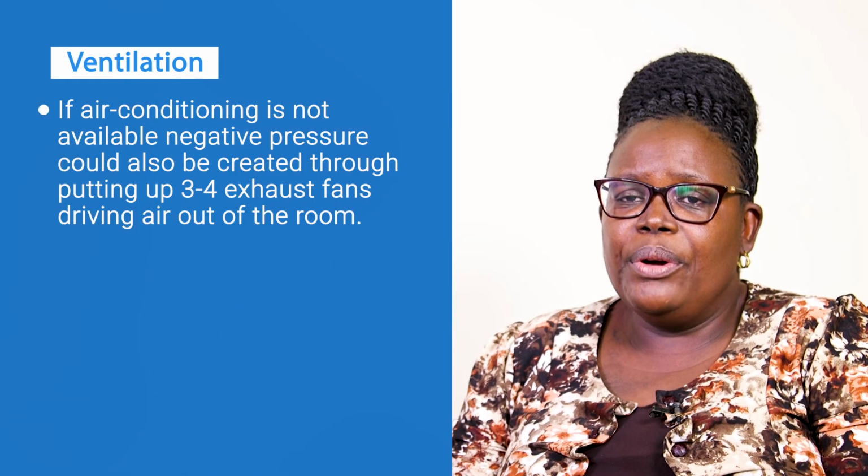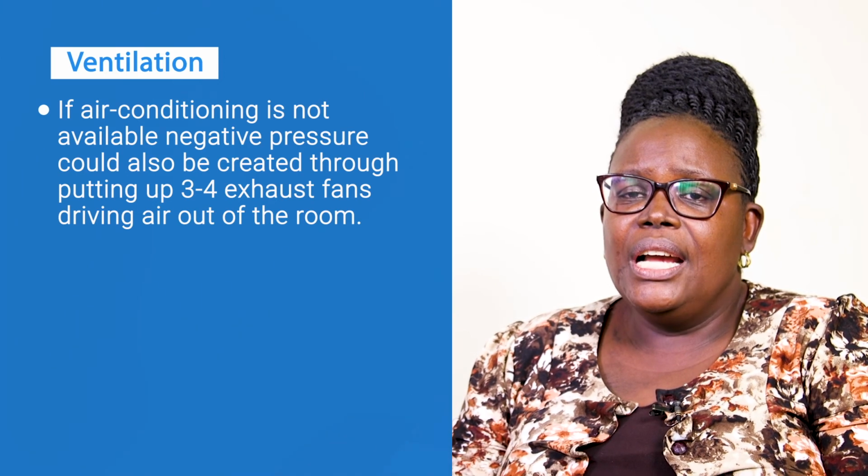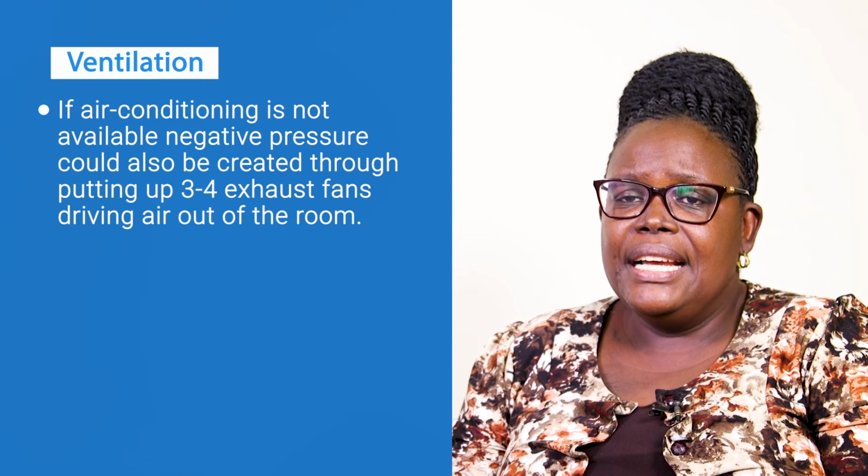These rooms may have standalone air conditioning, and they should not be part of the central air conditioning. If air conditioning is not available, negative pressure could also be created by putting up 3 to 4 exhaust fans driving air